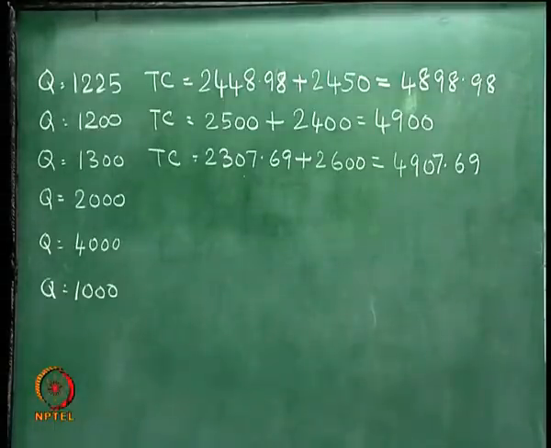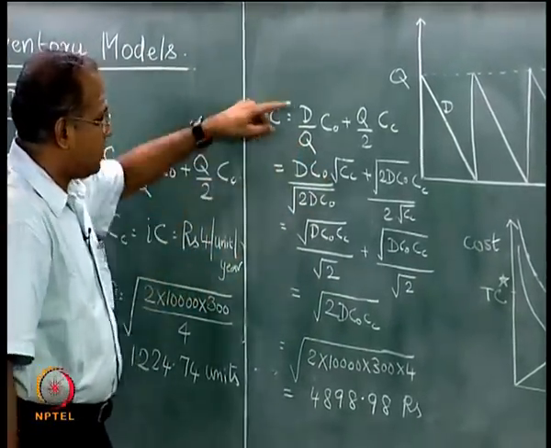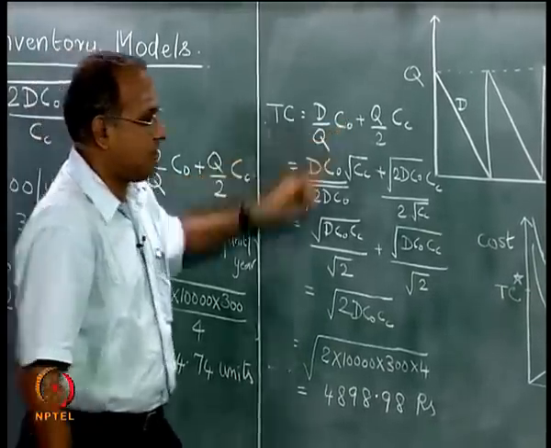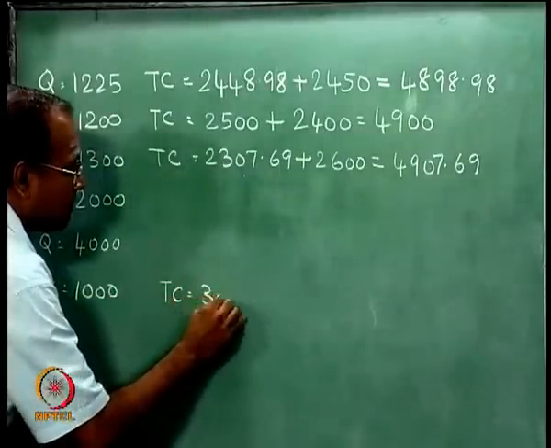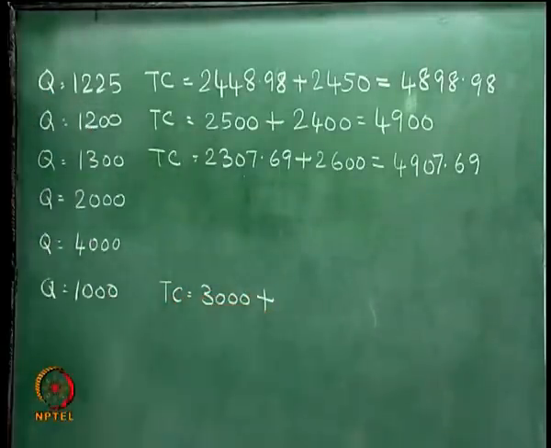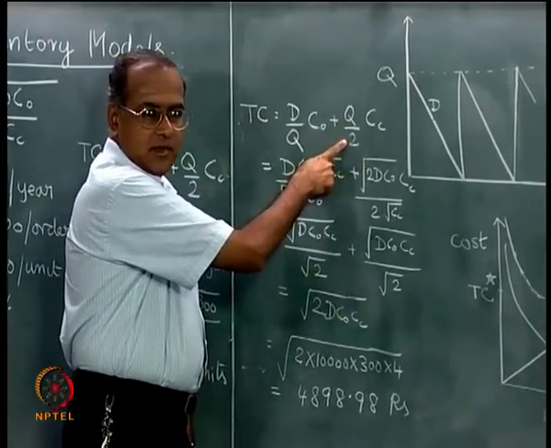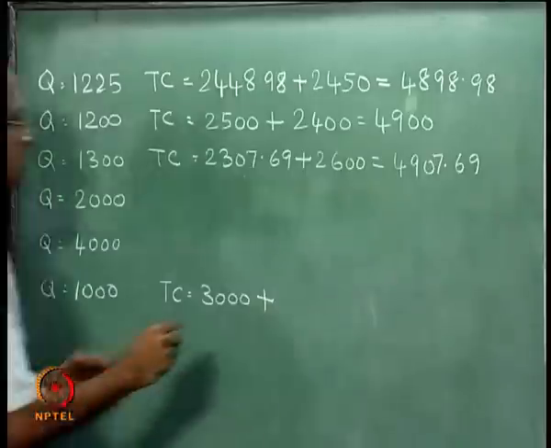Now at q equal to 1000, 10,000 by 1000, which is 10, 10 into 300, which is 3000, plus 1000 divided by 2 is 500, 500 into 4 is 2000,